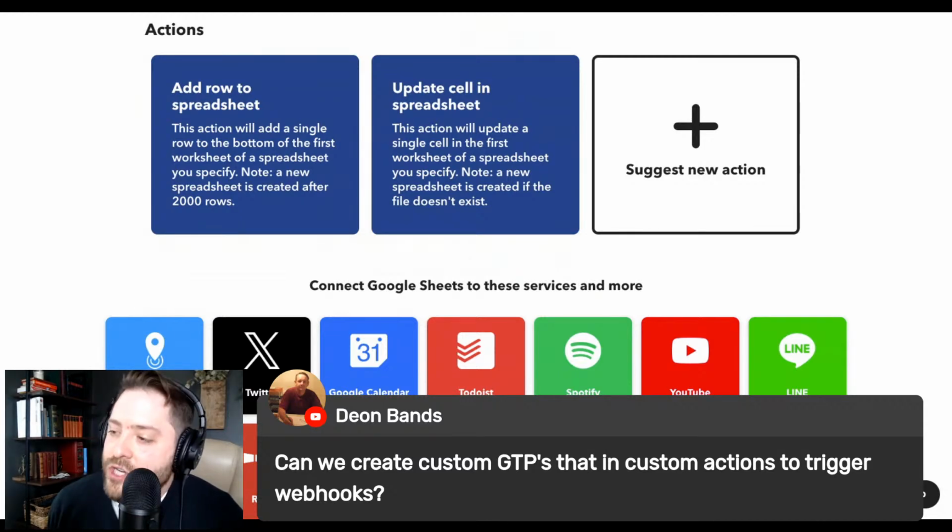Can we create custom GPTs with custom actions to trigger webhooks? What's up, Dion? That's a good question. I'm kind of limited on ChatGPT right now. Let me see.